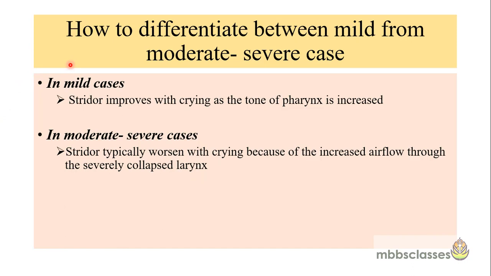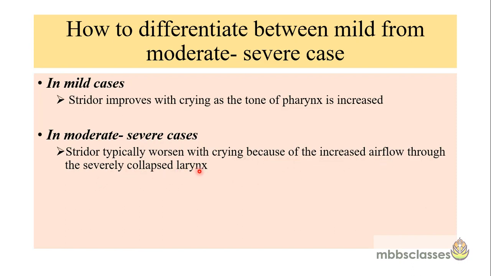The characteristic of the stridor is not the same in all cases. In some cases it may be mild, and in some cases it may be moderate to severe. In mild cases, the stridor improves with crying, because the tone of the pharynx increases. Whereas in moderate to severe cases, the stridor worsens with crying because of the increased airflow through the